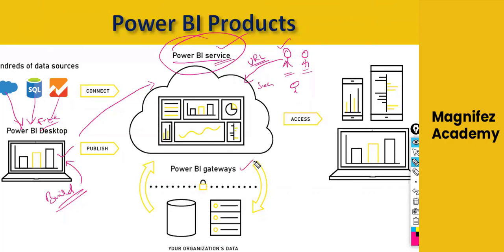Then we have Power BI Gateway. What is the use of Power BI Gateway? Power BI Gateway will help you connect on-premises data over the cloud. That means my data is available in my office, in one of the data server centers, and my hosting server is in Power BI service. Then can I connect the data? Yes, absolutely you can connect the data. You can refresh the data. You can schedule the data refreshes and all. That's what the Power BI Gateway will do.